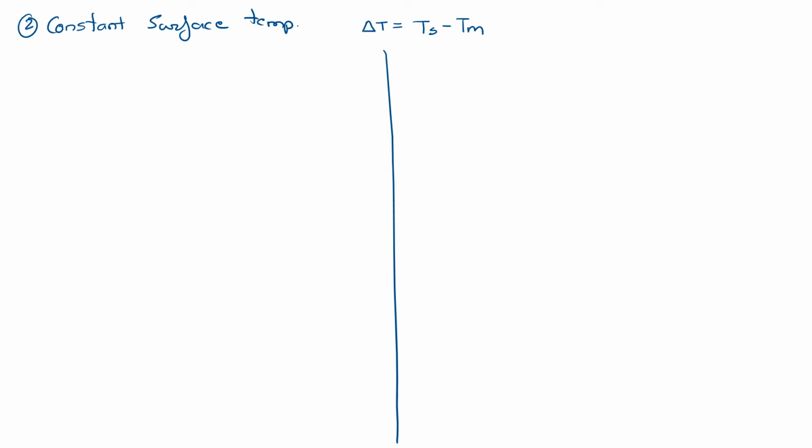I'll just define a delta T, which is Ts minus Tm. That's the difference between the surface and the mean temperature, and you'll see why in a moment. So I can approximate my dTm by dx as negative of d delta T by dx, because I can write our mean temperature as delta T, which will give me P divided by m dot Cp into h into delta T.